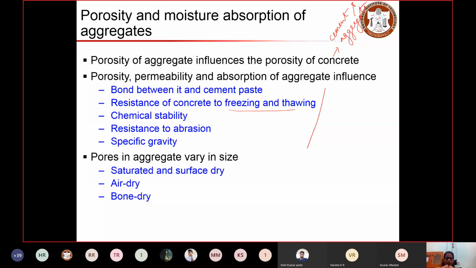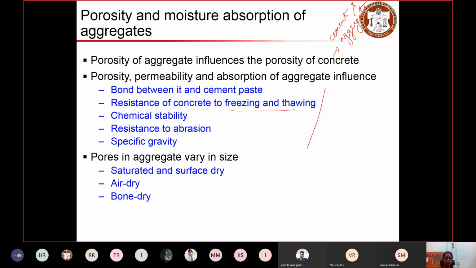If the aggregate is dry, on the other hand, what will it do? The nature of the aggregate is that it will absorb more moisture. So in such cases, when we add water to the concrete mix based on the water cement ratio that we have, a certain amount of water will be consumed by the aggregate when we mix. So we may lack water for the actual concrete mixing. In such cases, we need to make a correction so that we will have enough water after the aggregate has absorbed some amount of water when it is in the dry stage.